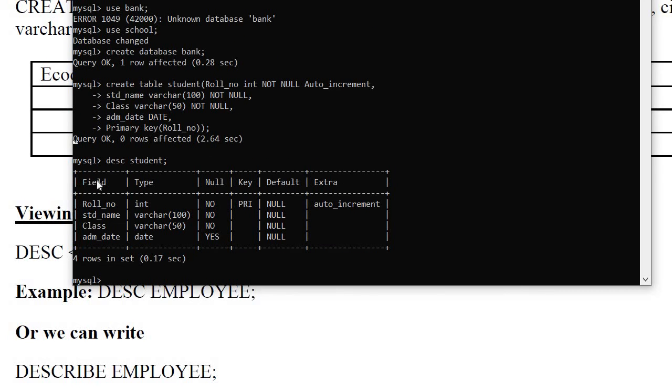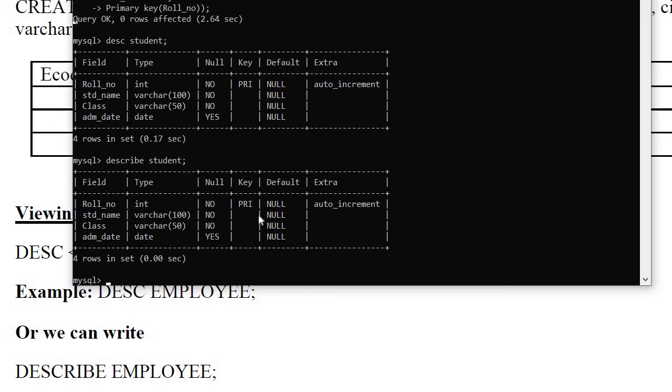So it's showing you the structure of your table. And if you write the full form, describe, then the same output you will get. The table name is student, then semicolon. Now again you get the same output.